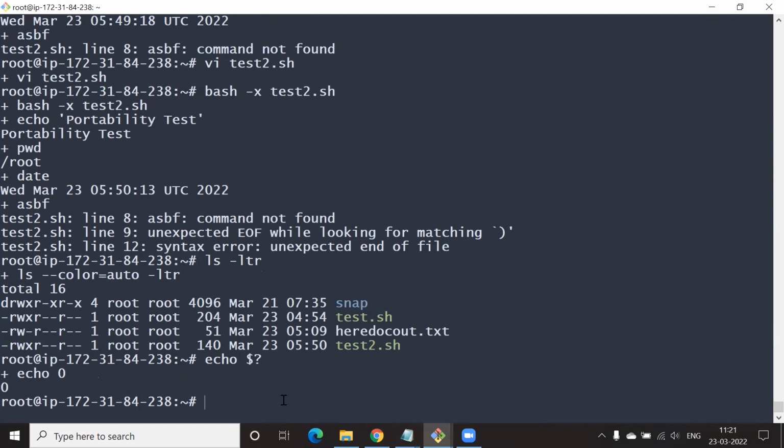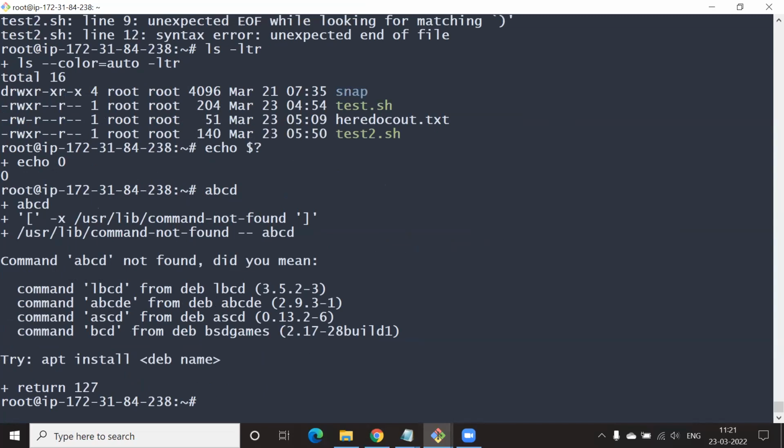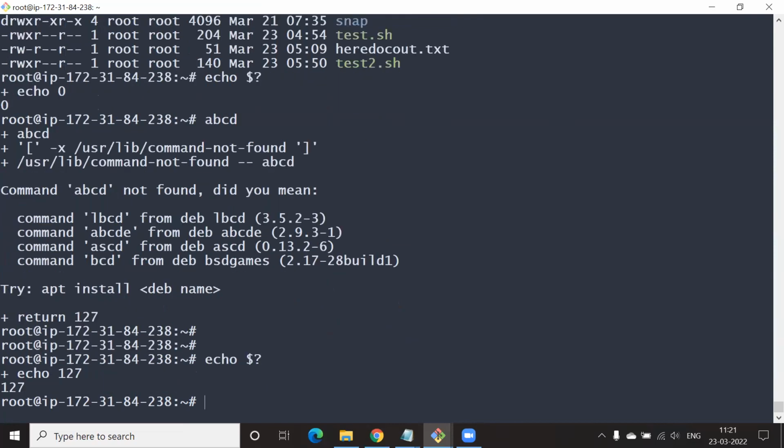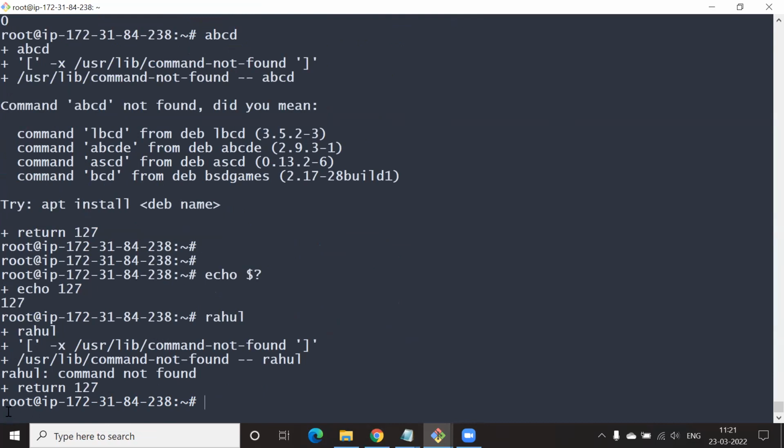Now, just type in ABCD and enter. Now say echo dollar question mark. You get 127, which is a non-zero, right? Yes. Again, just enter Rahul, and again echo dollar question mark.